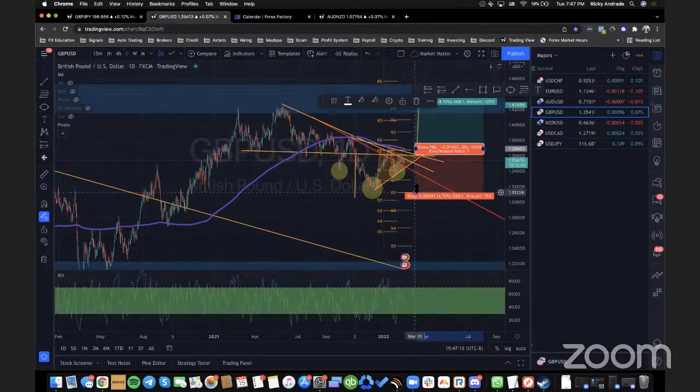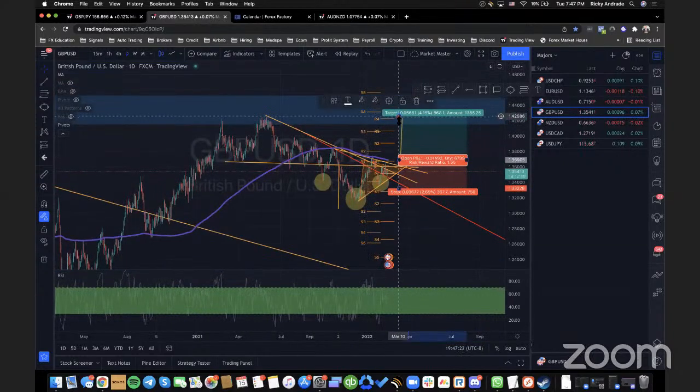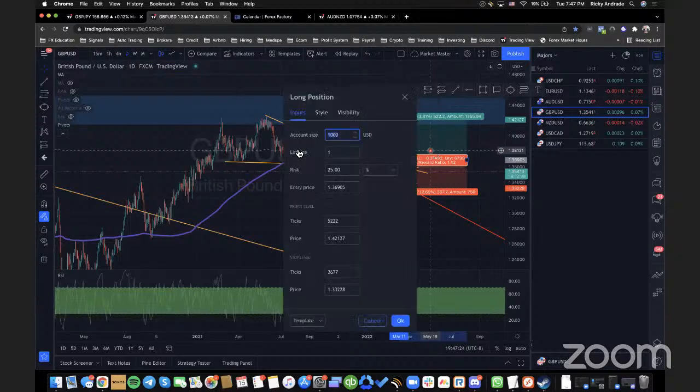Here's the stop loss below, right? Take profit up here. Oh shoot, I'm on the daily right now. This is okay. So